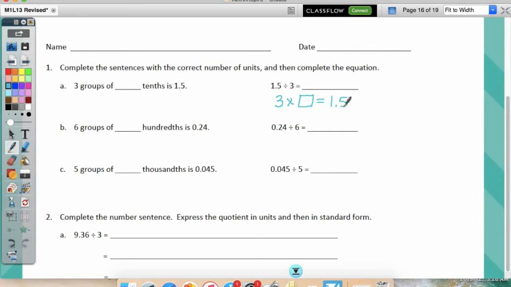Okay? Now this is going to help me over here. 3 groups of blank tenths is, and I want to change this to 15 tenths. I think it sounds better. So let me read it again. 3 groups of blank tenths is 15 tenths. So 3 groups of what? 5 tenths, correct? So my answer to the problem is